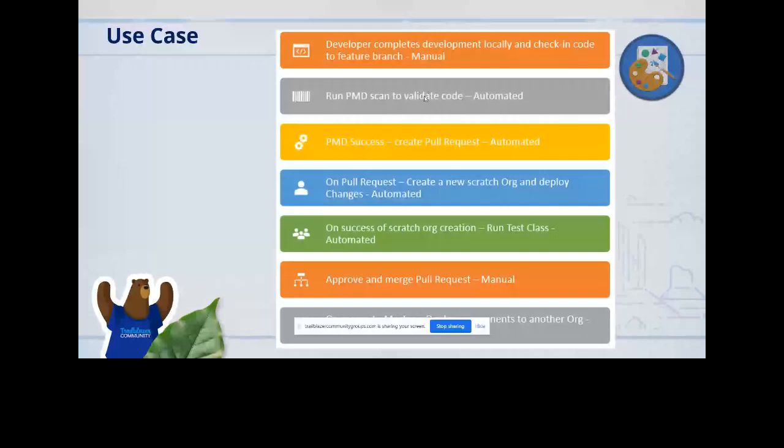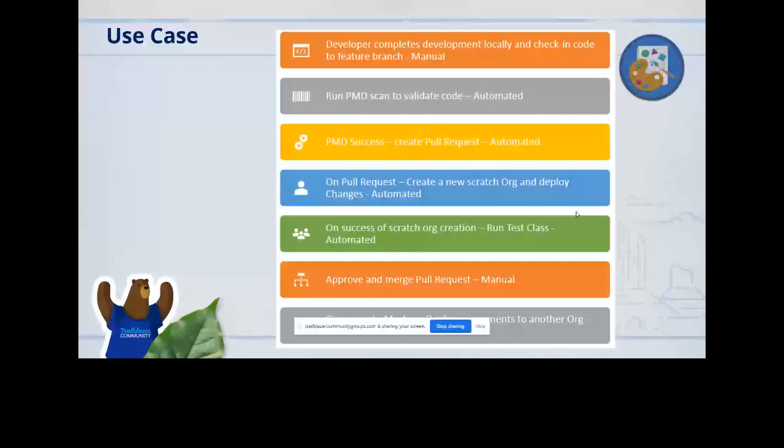There is going to be a new scratch org creation, and we deploy the changes to the scratch org to verify that everything is working as expected. For this flow, the scratch org creation and deploying, Salesforce internally uses GitHub Actions to execute all their operations. So if you go to any of the Salesforce Labs library files or projects, you can see a similar kind of setup there. Later, I am going to share the link so you can also take a look at how it is implemented.